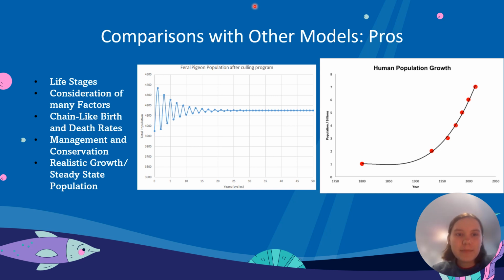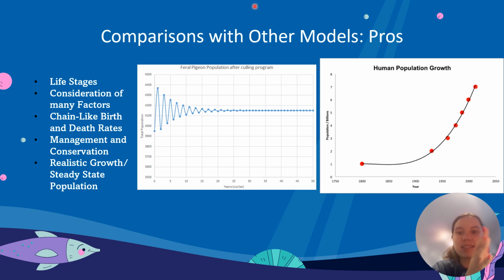And then number three, chain-like birth and death rates. Matrix models allow for the incorporation of birth and death rates in a chain-like sequence, offering a deeper understanding of population growth. This variation reflects the dynamics based on a specific number of organisms within each life stage. So when we think about the world, we move through life in a flowy-like nature. It's not just, oh, you're a kid, and then you're an adult. There are stages of life, and you can see